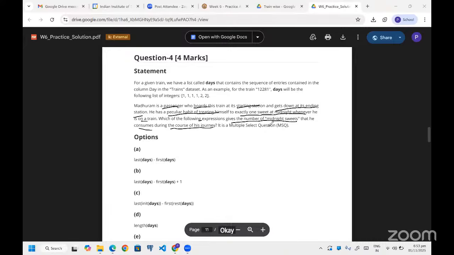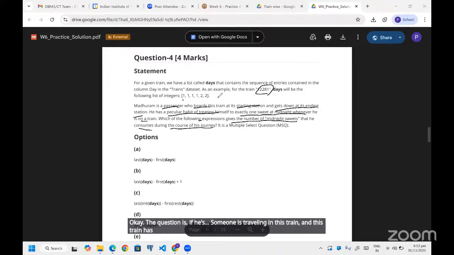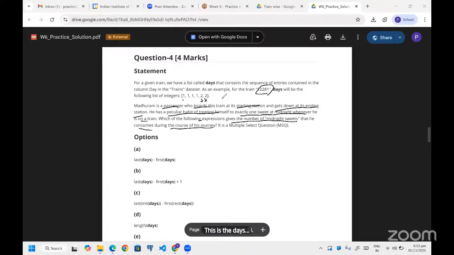Okay. The question is, if someone is traveling in this train and this train has 1, 1, 1, 2, 2, these are the days wherever it stops at the station, right? At what day it's stopping at each station. So how many nights will he spend?